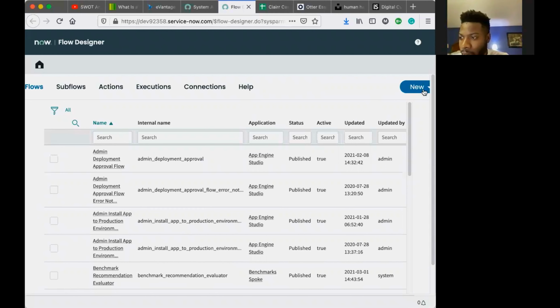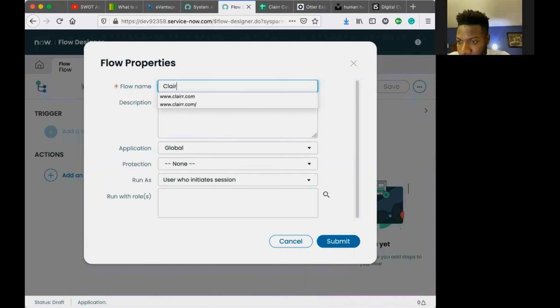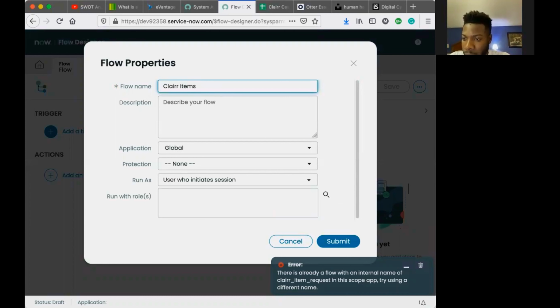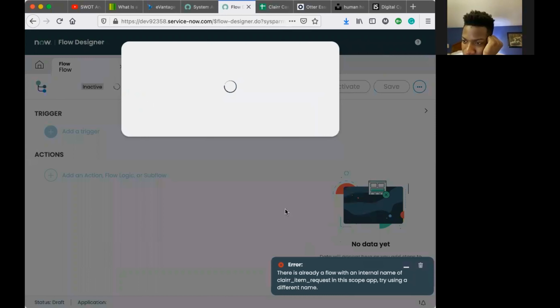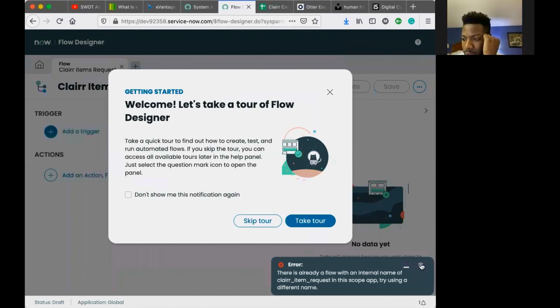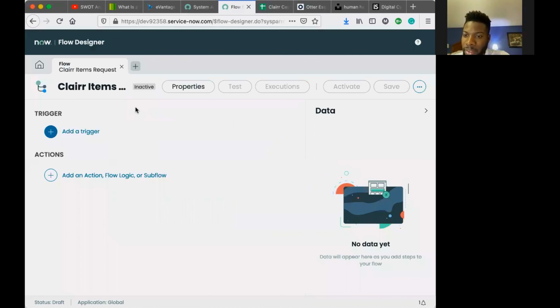Once we get to that page, let's click on flow and let's give it a name. Our company name, items request. Run as system user, click submit. And we can skip the tour if you would like. You can also take the tour. I will skip it. And once we get to